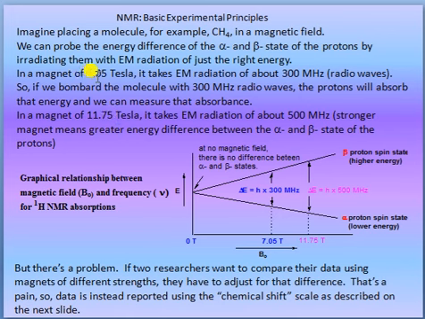This is 7.05 Tesla, which means 70,500 Gauss, that is 300 megahertz. And if you put a stronger magnetic field, that is 11.75 Tesla, that is 117,500 Gauss magnetic field, that is 500 megahertz. Then definitely with a stronger magnetic field, the energy difference between the proton states is increasing. Earlier this much energy difference was there, now this much.